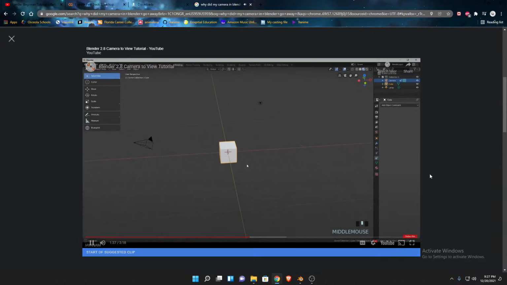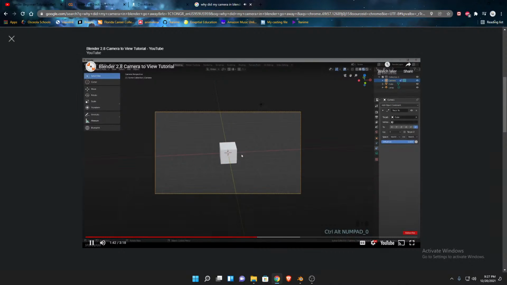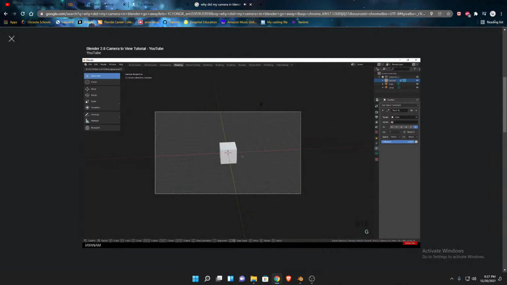So that's really useful in some cases. Now I go again to the camera view. You remember, press Ctrl, Alt and the 0 on your numpad. And then with the camera selected, you press the G key. And when you hold the middle mouse button,